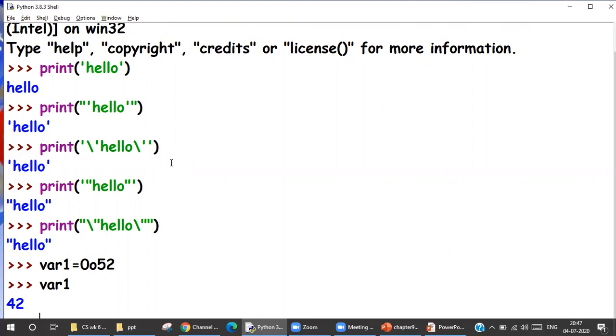Okay, let's try this again. So I will say variable 1. Using the same variable, you can keep changing values through your program. Zero with a small o. I know this is not visible.